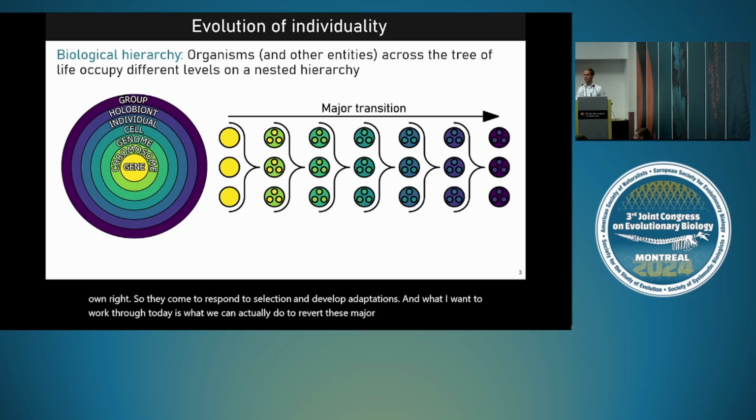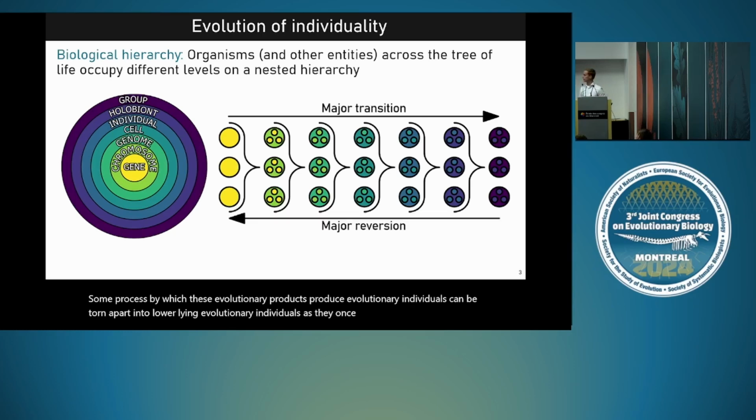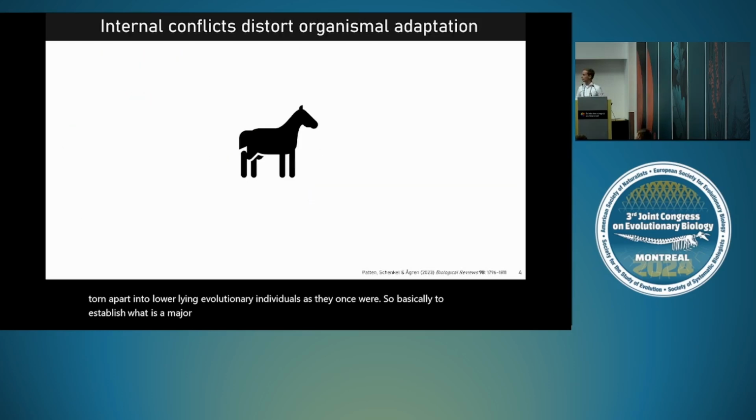So is there some process by which these evolutionary products or these evolutionary individuals can be torn apart into lower-lying evolutionary individuals as they once were? So basically, to establish what is a major reversion. And the rationale for this is that when we look at the process of adaptation,